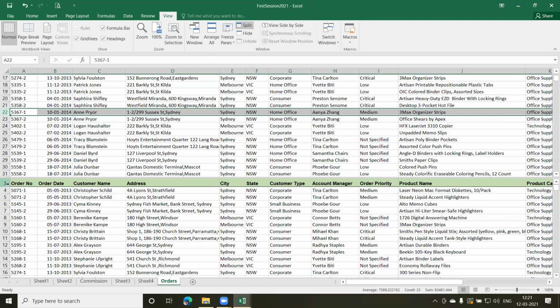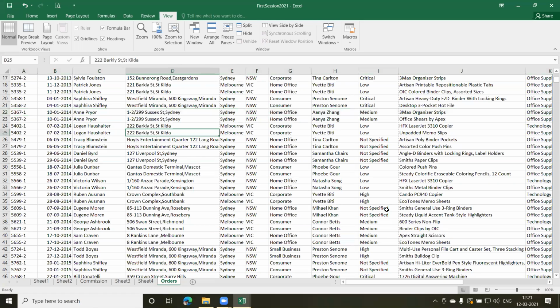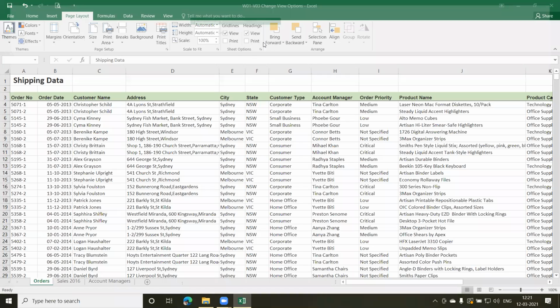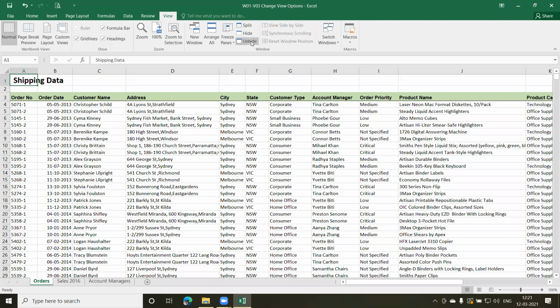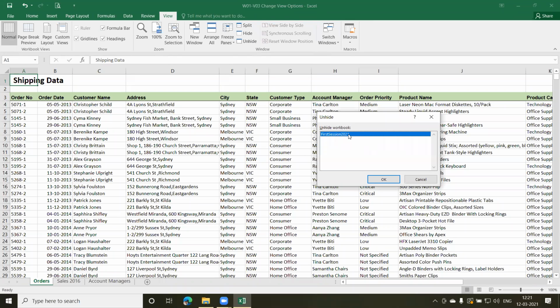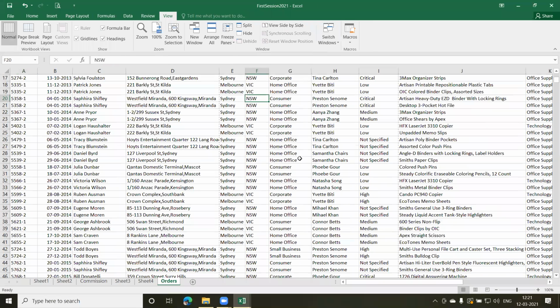Okay, so if you require this, you can unsplit this. You can hide the sheet window as well, but I don't know why you want to hide it, but there is a facility available. This is hiding it, it goes off. Go to view, you can unhide it. This is the sheet, I click on OK, it comes back.